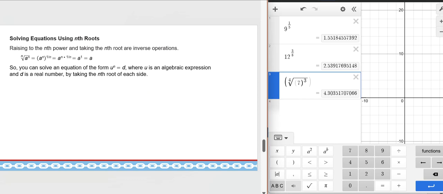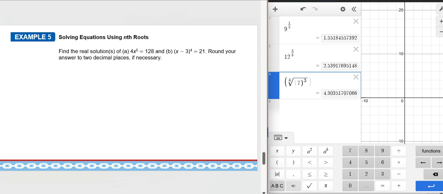Solving equations using nth roots: raising to an nth power and taking the nth root are inverse operations. So we can solve an equation in the form u to the n equals d, where u is an algebraic expression and d is a real number. We're going to take the nth root of each side to solve that out. So we are asked to solve these 2 equations. Looking at example A,